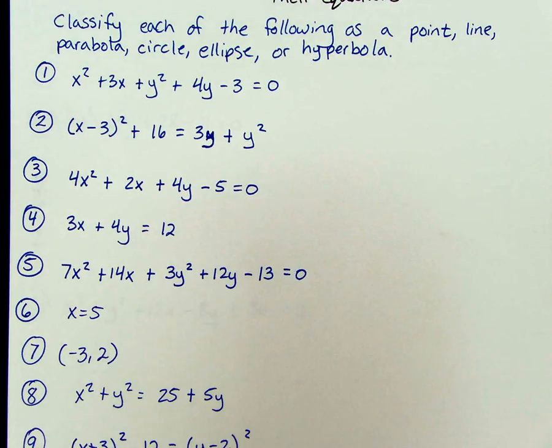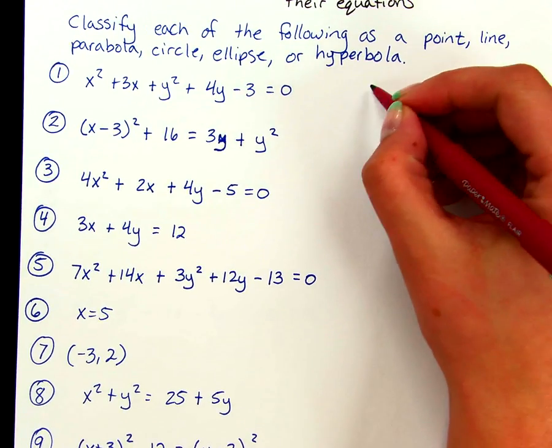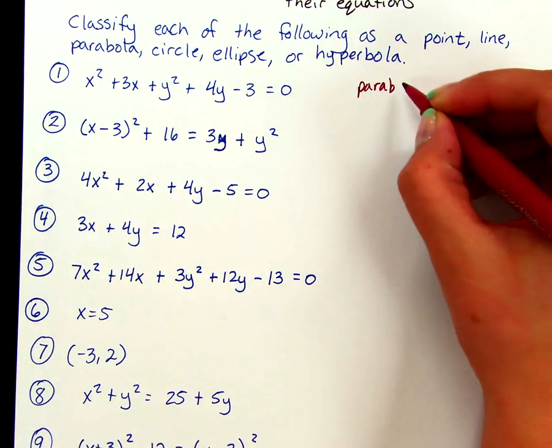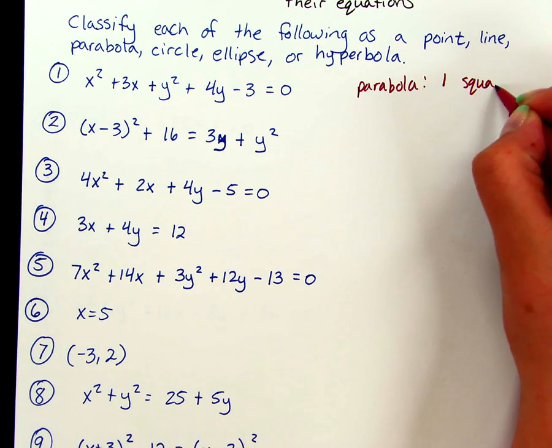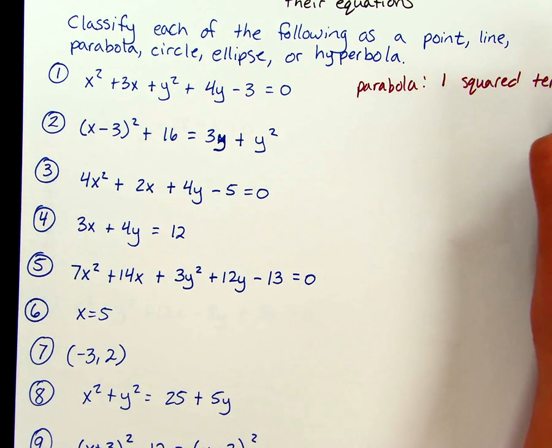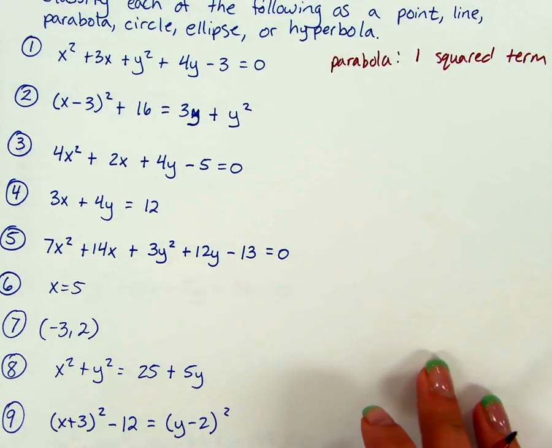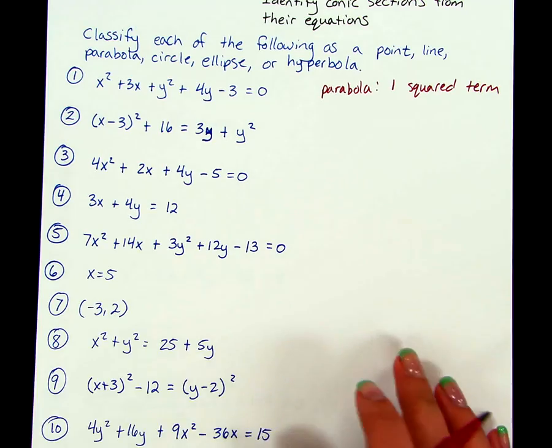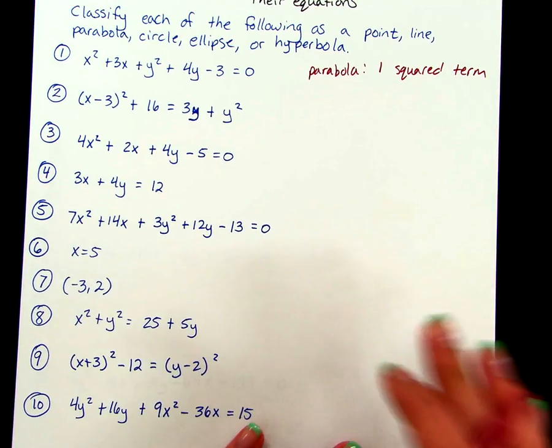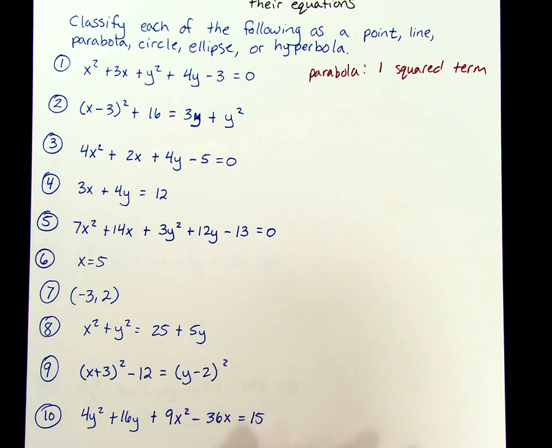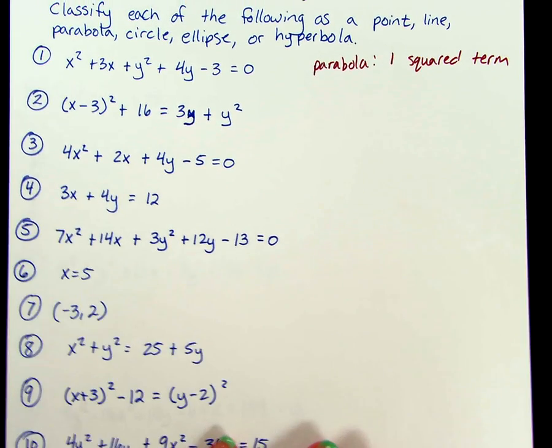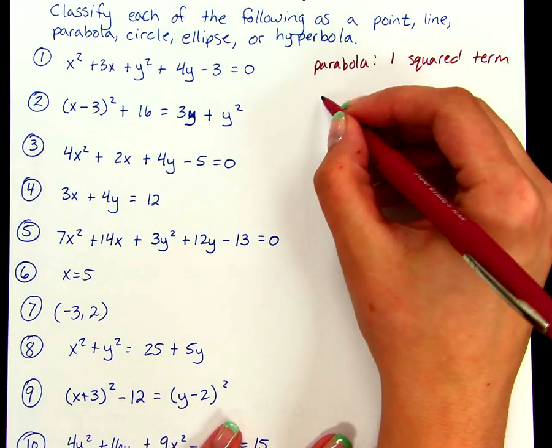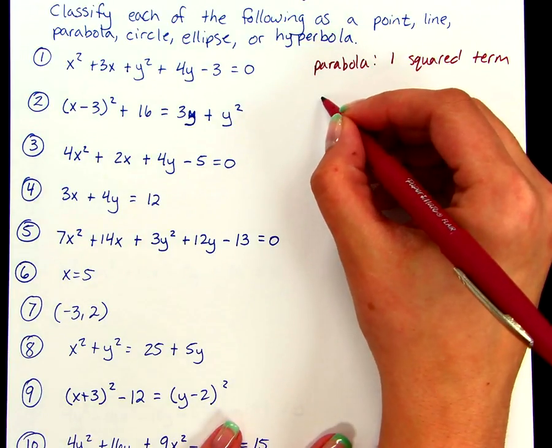So remember, for a parabola, it's kind of an identifying one. So parabola, there is one squared term. Okay, one squared term. And then for the circle, hyperbola, ellipse, there's two square terms. So for the circle and ellipse, we have two positive square terms. And the circle has the same coefficient. So if we do circle,